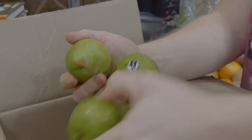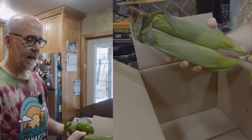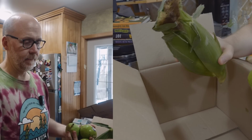3 pears. 2 cobs of corn. Where they got corn in Ontario at the end of February, I have no idea. Okay, so